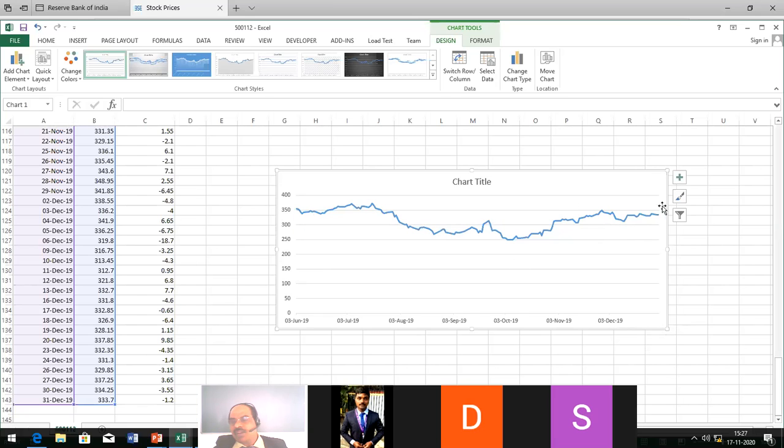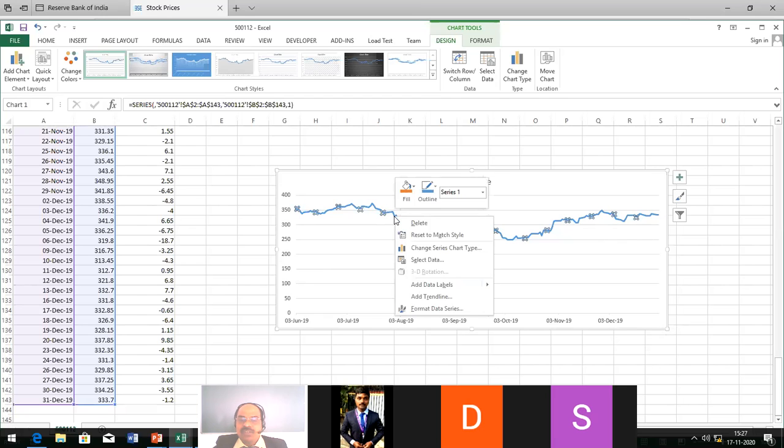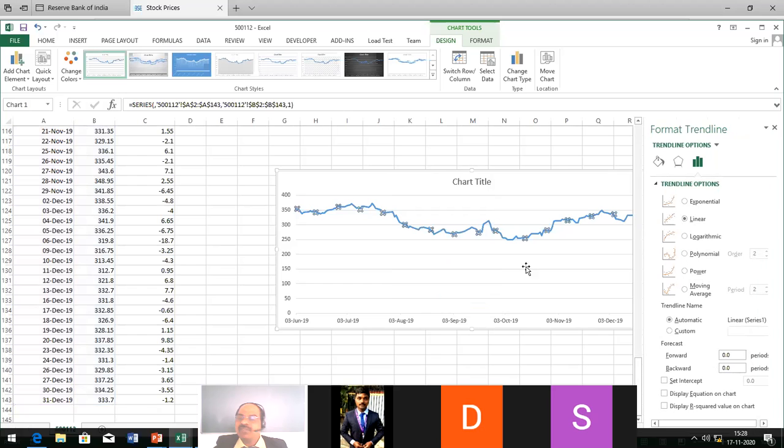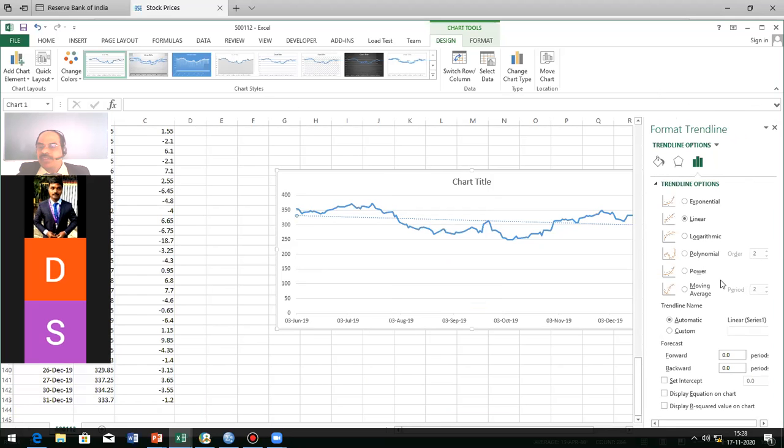It looks somewhat normal, but what type of trend do you have to report? You can right click, keep your cursor here, and add trend line. You can see what type of trend you are going to study. Let us see whether it is a linear or logarithmic trend.